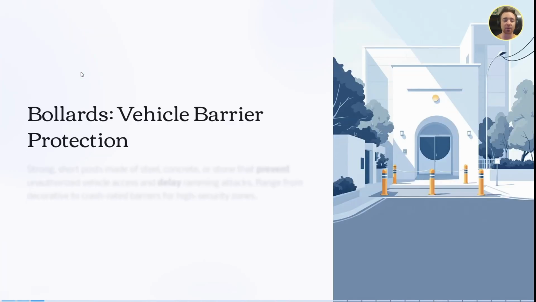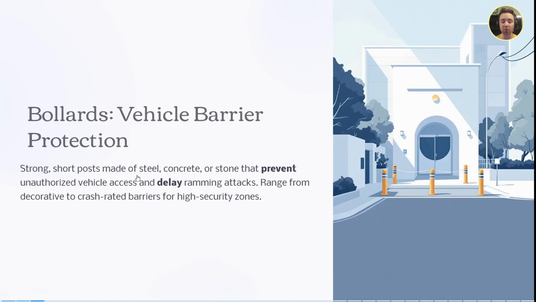Let's take a look at the first one, which is bollards. Bollards, before we get into the text over here, just look at the image. These orange cone looking things here, generally they will be made out of reinforced steel or metal, and they will be inserted into the ground. They can generally go into the ground and come back up to allow vehicles to pass through if they need to. Essentially though, they are strong short posts made of steel, concrete, or stone that prevent unauthorized vehicles access and